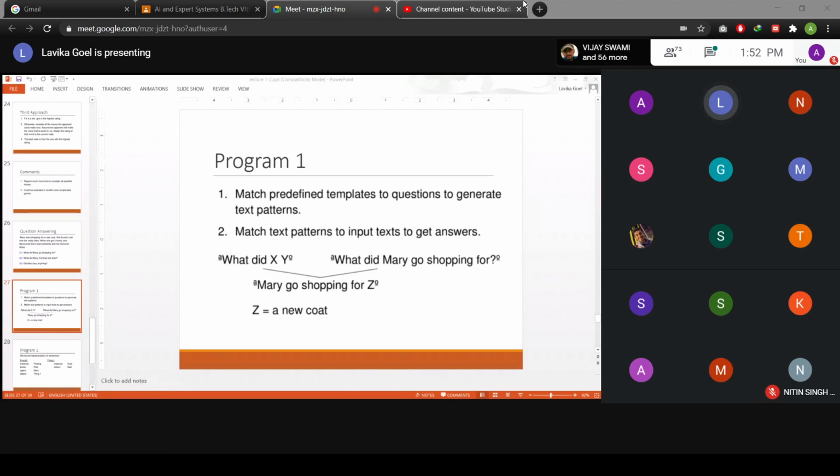Okay, so the next question, can you answer this question from this predefined question template? No, you cannot answer this question directly.